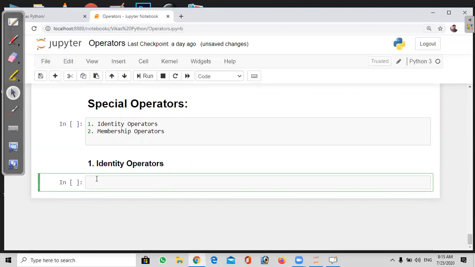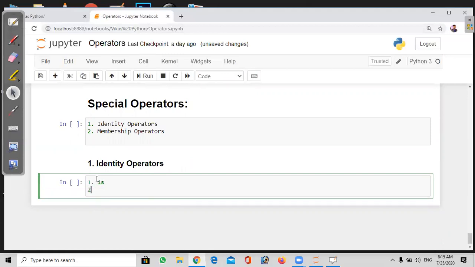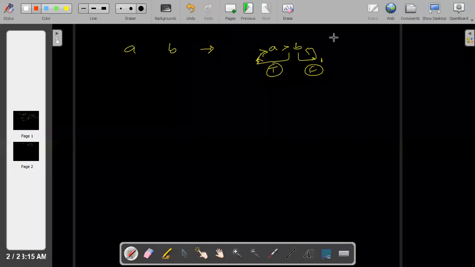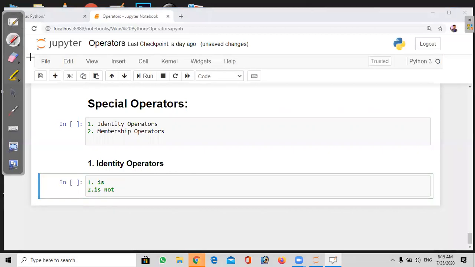There we have two things: is and is not. Normally we have the double equal symbol to compare things, to check whether both are the same or not.